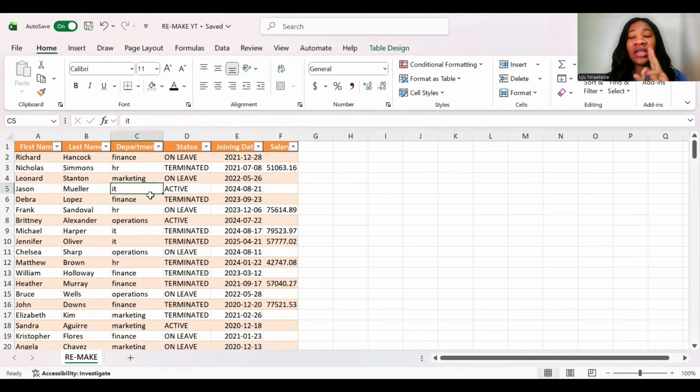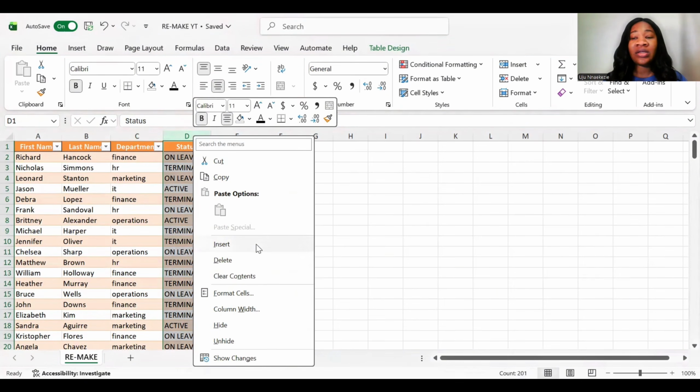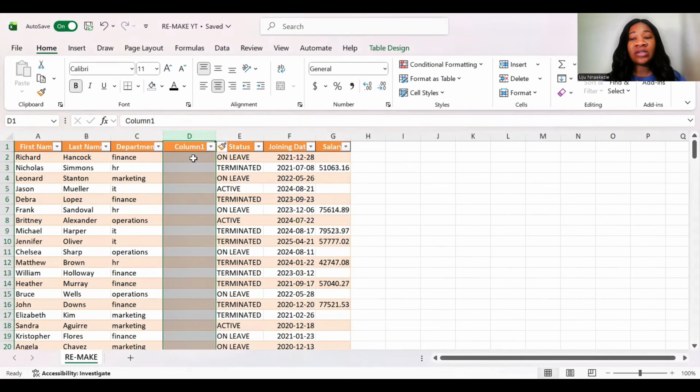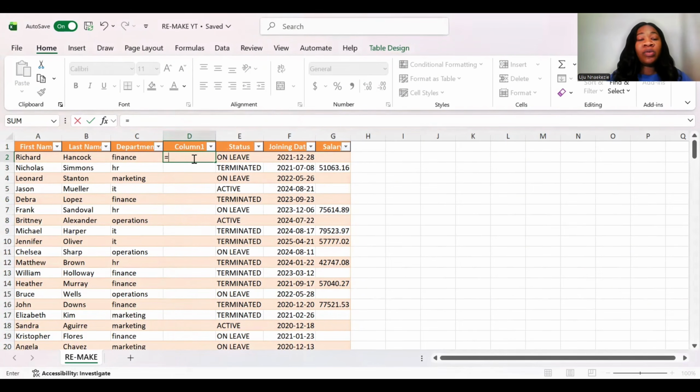Now, if you make this IT and HR uppercase, make the rest proper. That is three. So remember, if we are cleaning, we want to clean on a separate column, which I call helper column. So we right click and then insert. Now this is a conditional statement. We say equal to